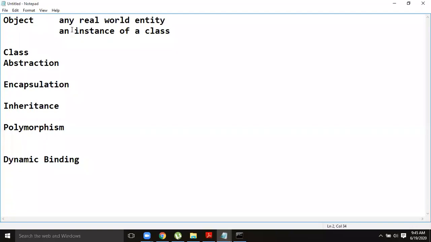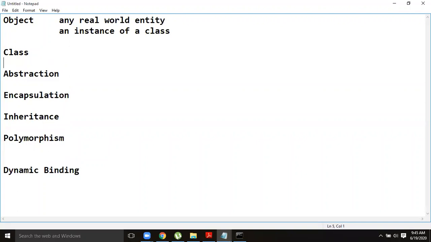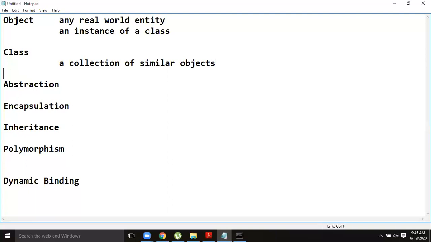First, know this definition: an instance of a class. Next, what is a class? In general, a class is a collection of similar objects. This is the basic high-level definition.